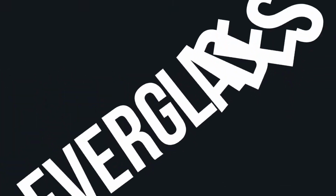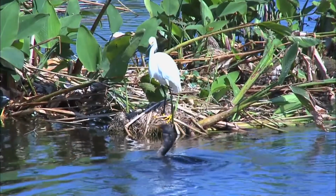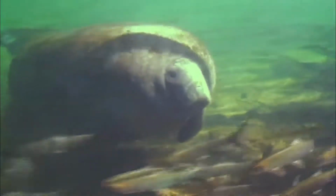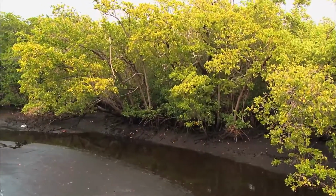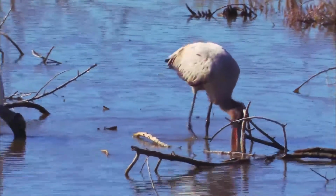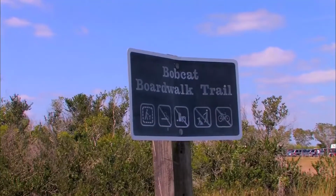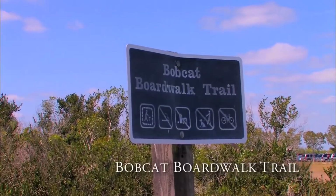5. Everglades National Park. Everglades National Park protects 1.5 million acres of marsh and swamp, an important and fragile ecosystem that supports alligators, American crocodiles, Florida panthers, deer, turtles, egrets, manatees, river otters, and many other species. It is one of the largest parks in the country and offers a unique opportunity to see some of these